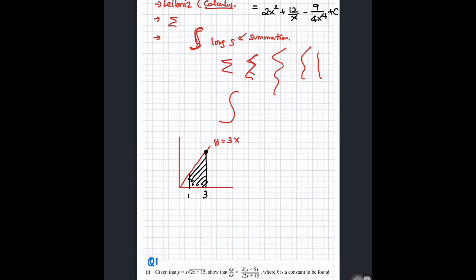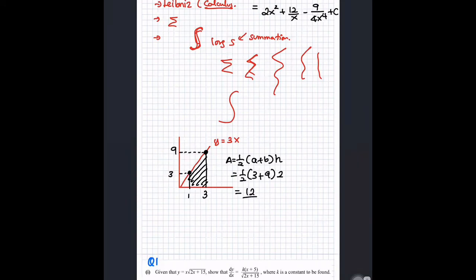So I know you will be telling me that when the x is 3, my y is 9. When the x is 1, my y is 3. Using the trapezium formula, which has already been invented by people, my height is 3, my other height is 9, my base is 2. 12. I never use integration. Don't tell me integration is a useful topic.